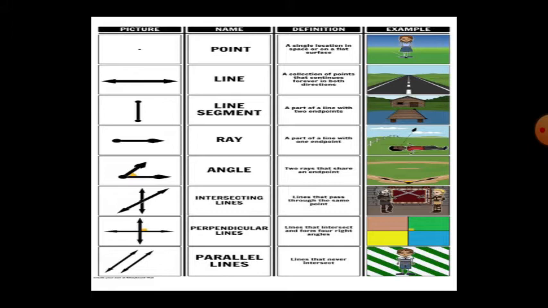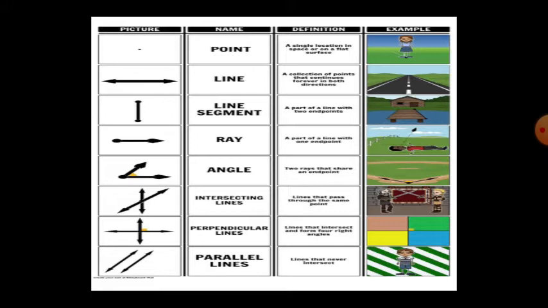So that is a line: in both directions, the back side and the front side, it will be extended. That is a line example. And for a line segment, you can see the bridge they constructed in the water. It is only a small part of the bridge. However wide the river is, that much they will construct the bridge. So it is a line segment example.